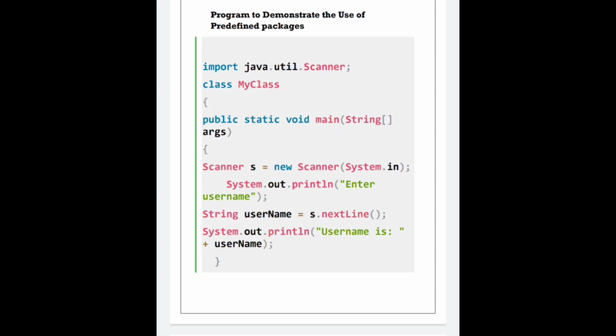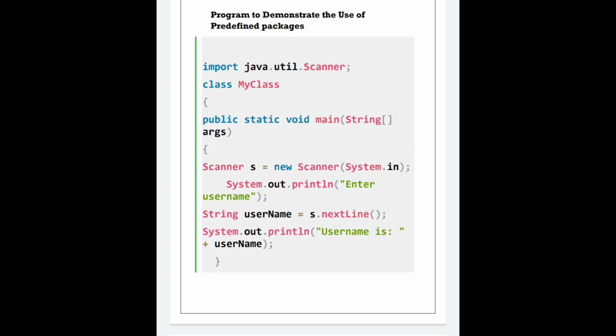Let's start with the definition. First of all, let us create the object for the Scanner class. Let s be the object here. If you observe, I've written System.in, which means that System here is the class and in is the input object. Now System.out.println is my printing method which I'm using to print enter username. Later I am storing that particular username in a string data type variable that I have created named username.